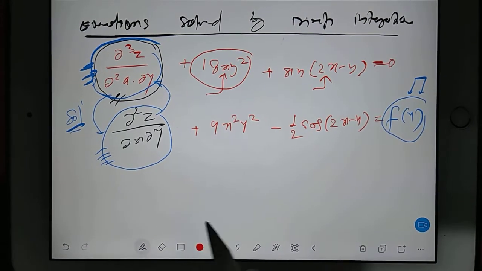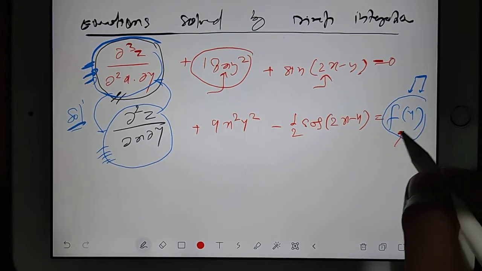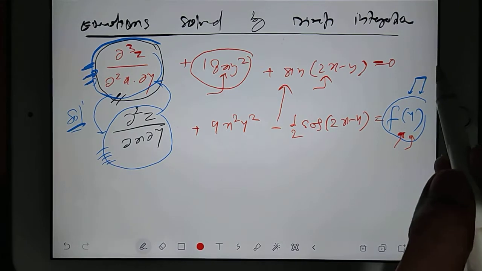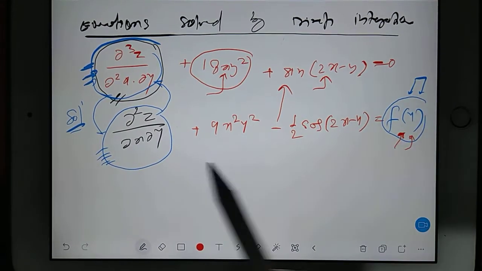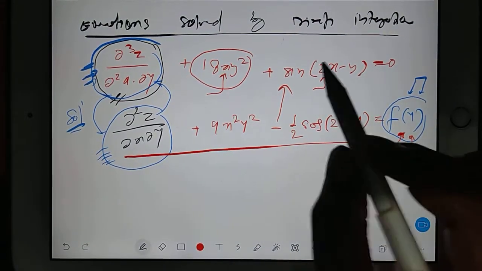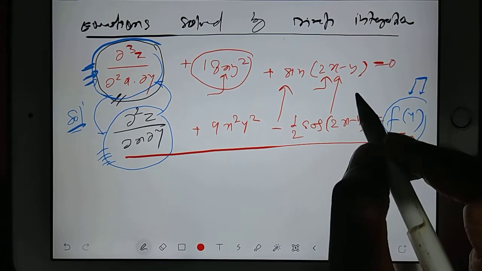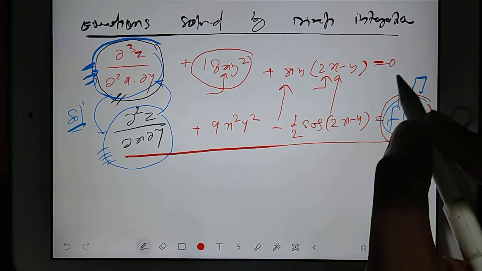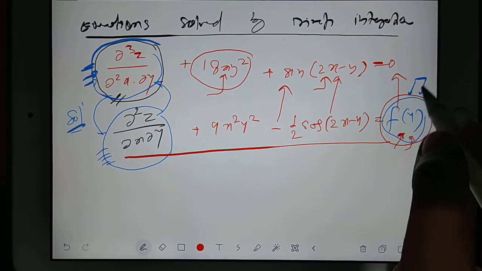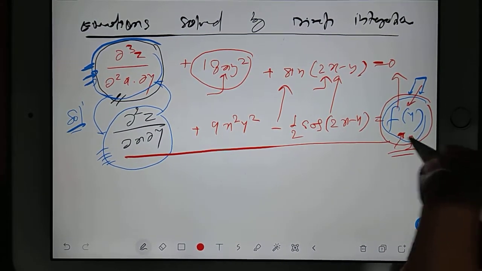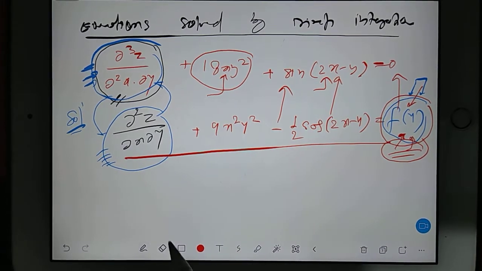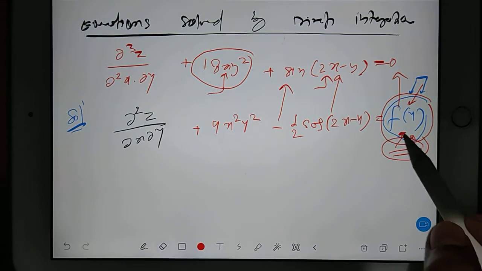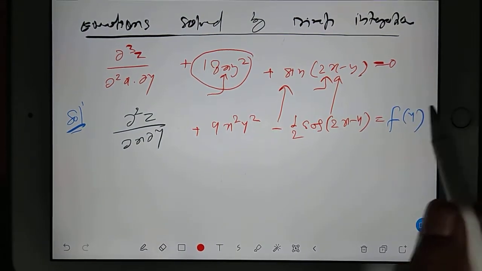Now you can ask, sir, why a function of y? Because only a function of y will be 0 if you go in reverse. Suppose this is the equation and you want to get this equation by one-time differentiation, then this must be a function of y, then only 0 will come, or it should be a constant. So considering a function of y is the more general form, and that's why it is better.